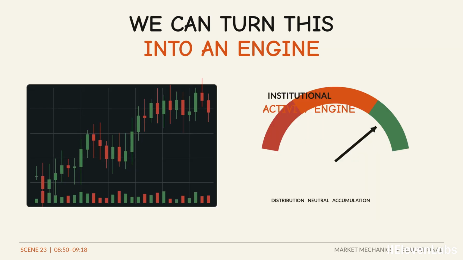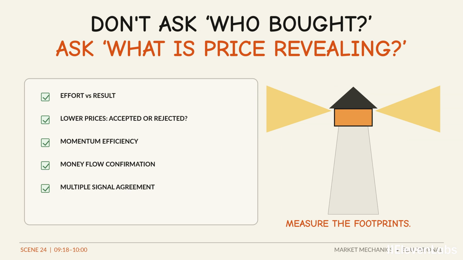Every behavior we just described is measurable. That means we can build an institutional activity engine that does not pretend to see a hedge fund's account. Instead, it measures how closely current market behavior resembles the footprints we would expect from absorption, accumulation, distribution, or neutral conditions. Evidence, not mythology. So the next time price reaches an important area, do not immediately ask whether smart money